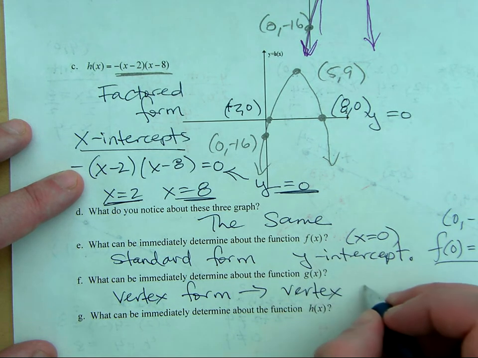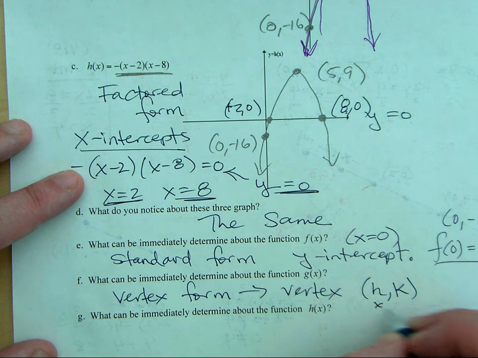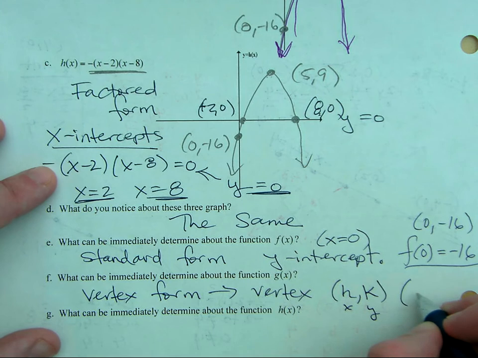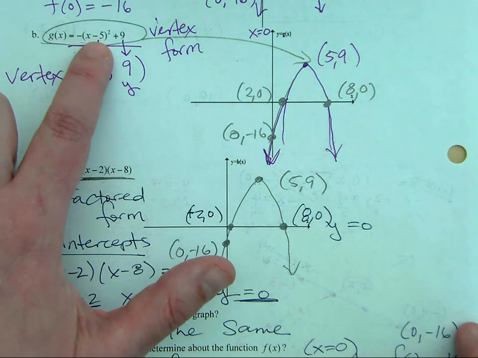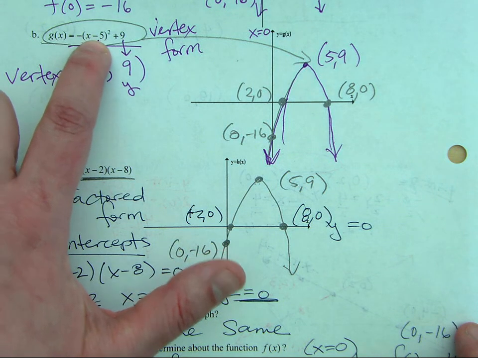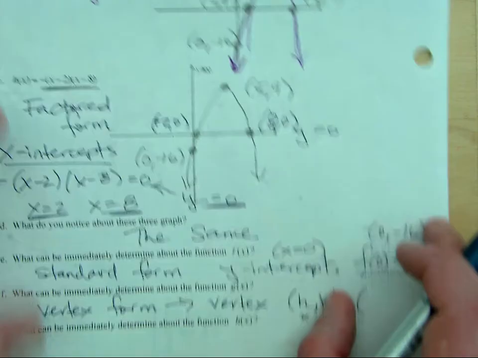And it's going to be, we call the vertex, and later on we're going to talk about this more, hk, but this is the same thing, xy, and it's going to be the opposite of that, of the x coordinate is going to be the opposite of that value, and the y coordinate is going to be the actual value. So that's why we said it was 5, 9